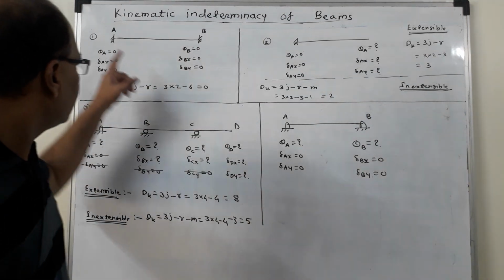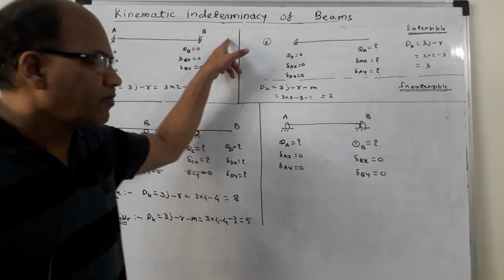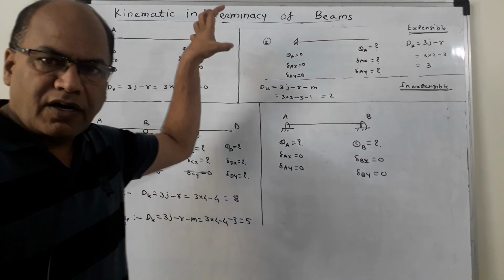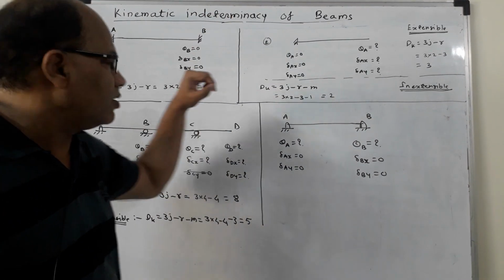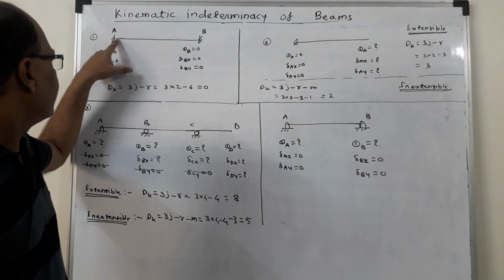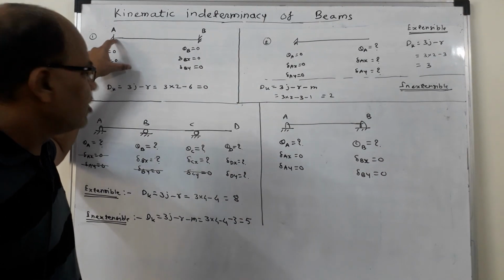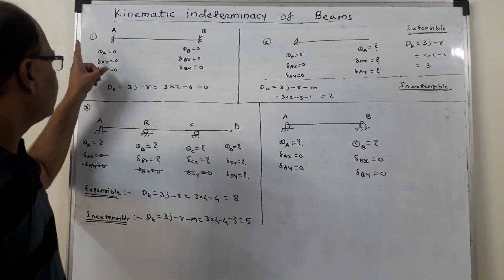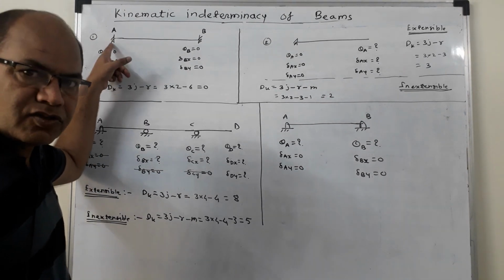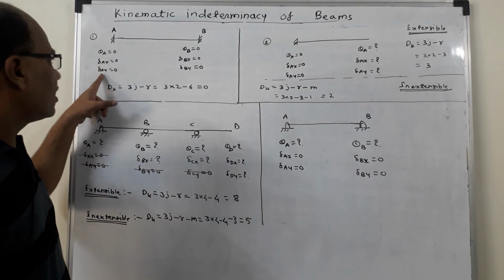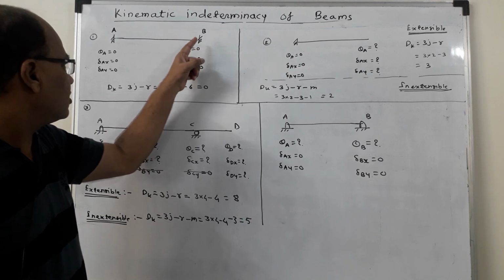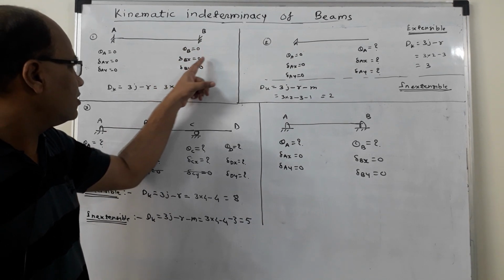So see what I am doing. There are two joints, joint A and joint B. So I am going to get the number of unknown displacement components over here. Now theta A is the slope at A. Theta A we know that it is 0. Delta AX, that is displacement along the x direction for this joint, is 0. Delta AY is 0. Similarly at B or at this support, theta B is 0, delta BX is 0, delta BY is 0.